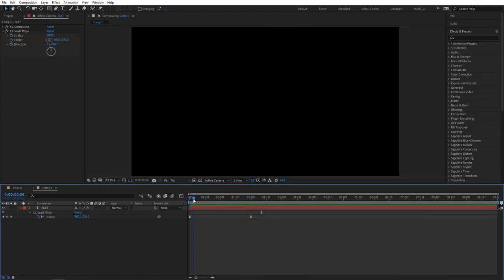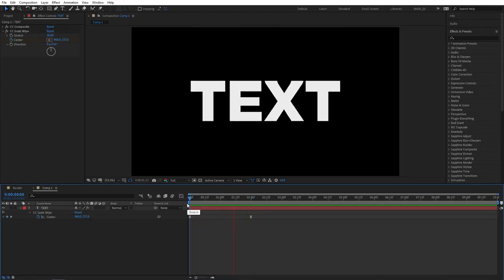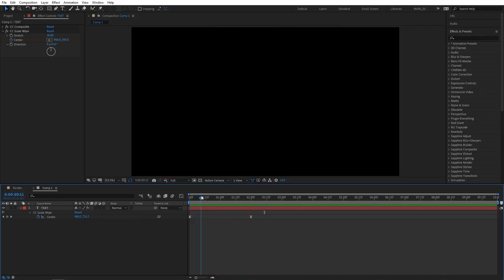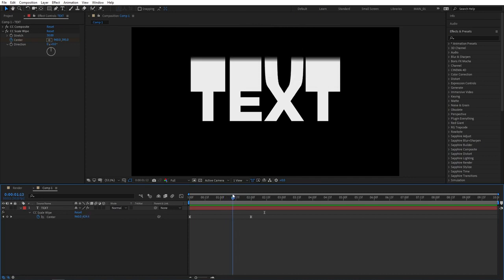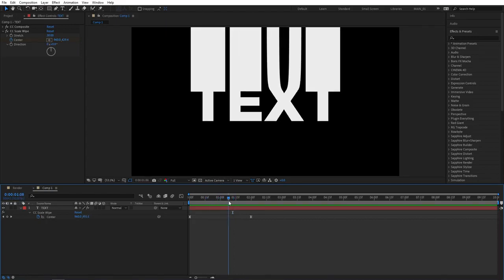And just like that, you can really quickly create a stretchy text animation. But this method is a bit different, as you can tell that all the letters animate simultaneously compared to the previous method, with every single letter animating individually. So you have more control in the previous method, but of course, you also need to spend a lot more